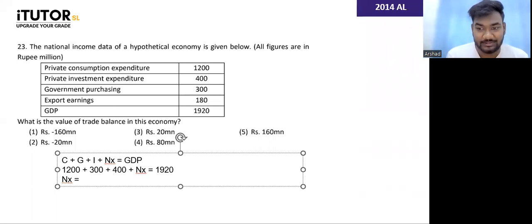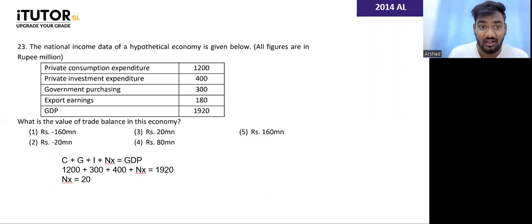How much is net export? Plus 20 or minus 20? Plus 20? Plus. So I'm going with the answers in the chat box. That has to be your answer number 3. Then what do we do with this export figure, this 180? What do we do with that? You can ignore that. Not needed, right?